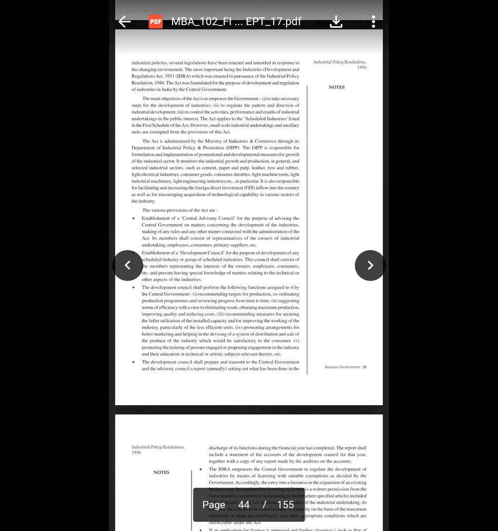The main objectives of this act are to ensure the government takes necessary steps for the development of industries, to regulate the pattern and the direction of industrial development, and to control the activities, performance and result of industrial undertakings in the public interest, right? So these are all the main factors that empower the government. Okay, now over here